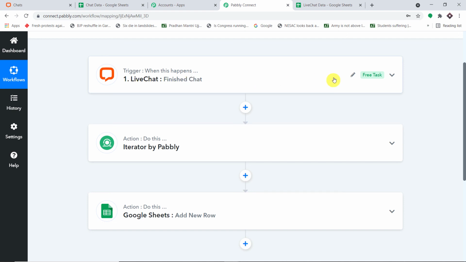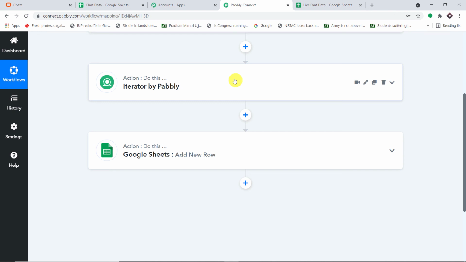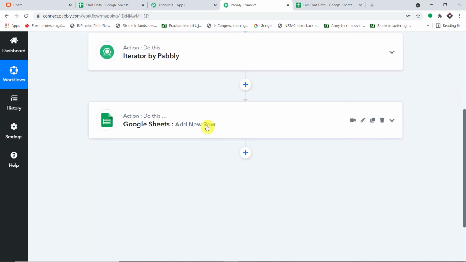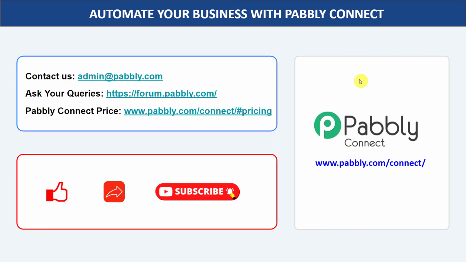First, you integrate a live chat to Pabbly Connect, and after that, you have made sure you have got the data of a finished chat. Now, in this action window, you have sorted out the first text between you and your customer, the chat text, and after that, you have input the data in Google Sheet. This basically means anytime there is a chat between you and your customer, after the chat ends, all the data will be collected in your Google Sheets. Awesome. So not just these two apps, you can integrate a ton of applications and automate your business with Pabbly Connect.